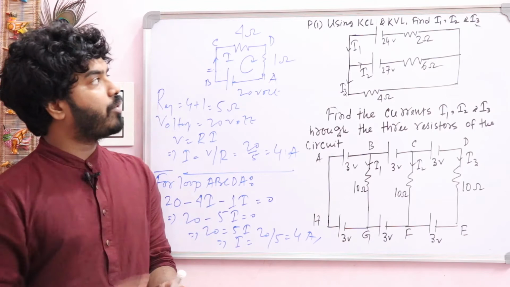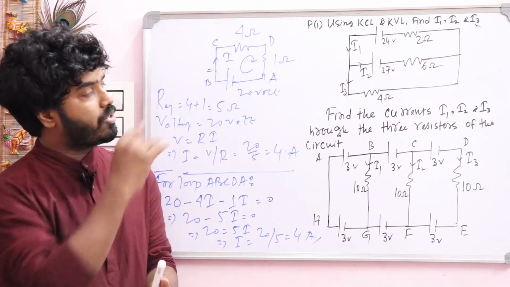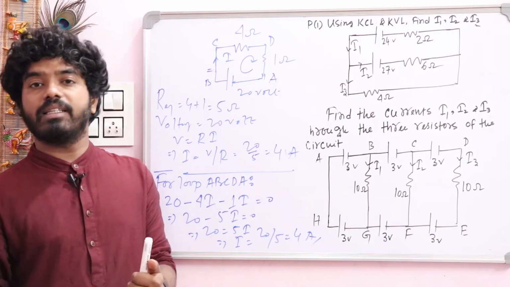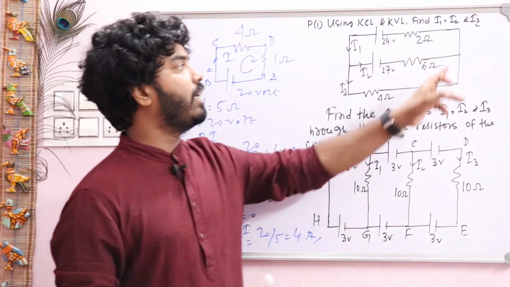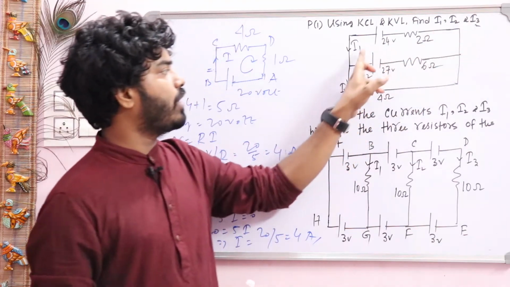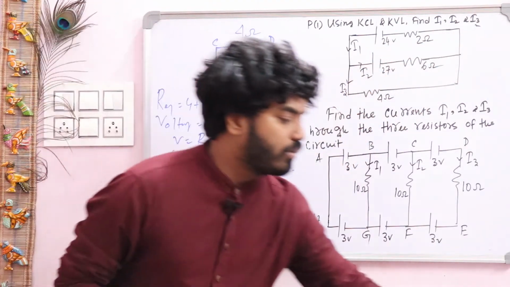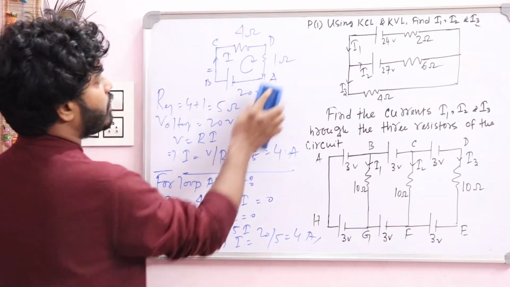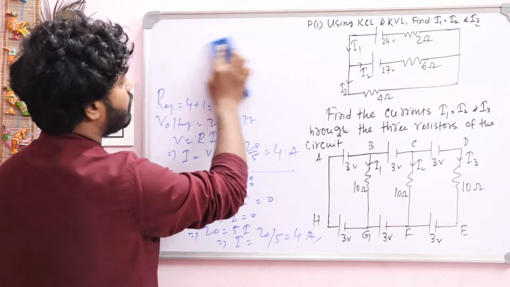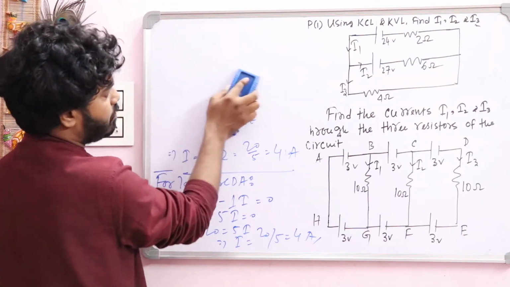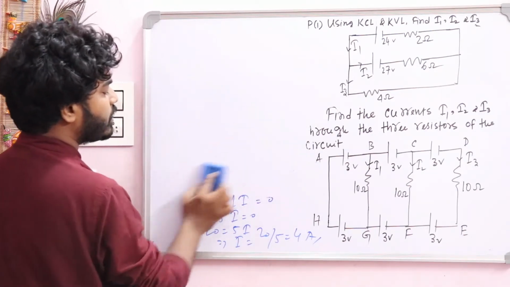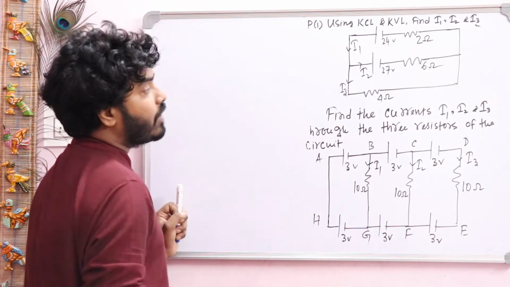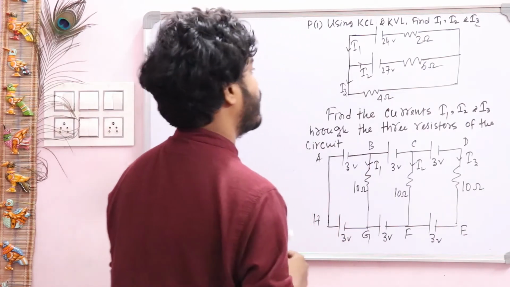Now you solve problem 1. At first you draw the circuit diagram. You just see here we have to use KVL and KCL, and we have to find the values of I1, I2 and I3. So the rules are, at first you have to draw the circuit, then name the circuit, consider loops, consider a particular direction, it may be clockwise or anti-clockwise, then solve the equations, and then you can easily find the values of I1, I2 and I3.